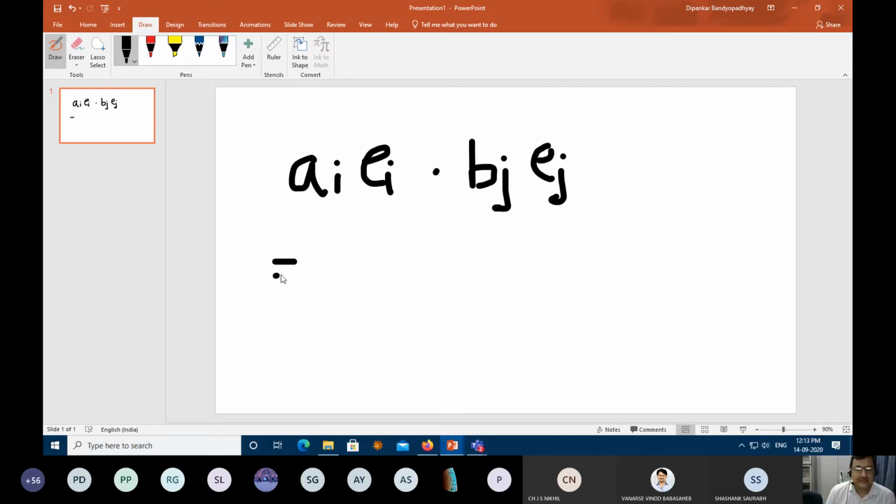Let me do a very simple thing here. Whenever I have a dot product between two coordinate systems or two unit vectors, then I introduce a concept called delta IJ. And this particular symbol is called the famous Kronecker delta symbol. Okay. From where is it originating? This is the scalar part, and this is the vector part of the vector. Okay, these are the unit vectors.